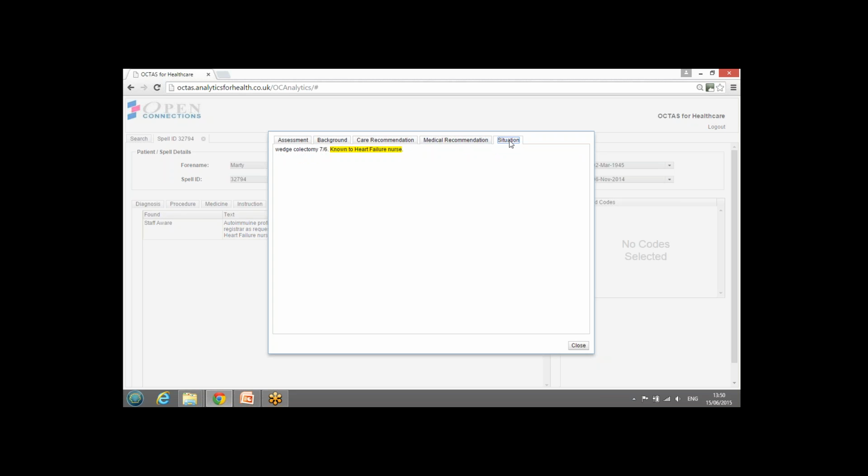What the solution could be evolved to do for other organizations is, instead of it saying situation, medical recommendations, etc., you could clearly have another tab here for plugging into discharge summary, operational letters, surgical post-operative letters, radiology reports, any other clinical systems where the data is electronic. This system could be effectively pulling into it. So OCTAS for healthcare could be pulling that rich data out and effectively improving the quality of the data and the access to it. So if I go back here just to show you